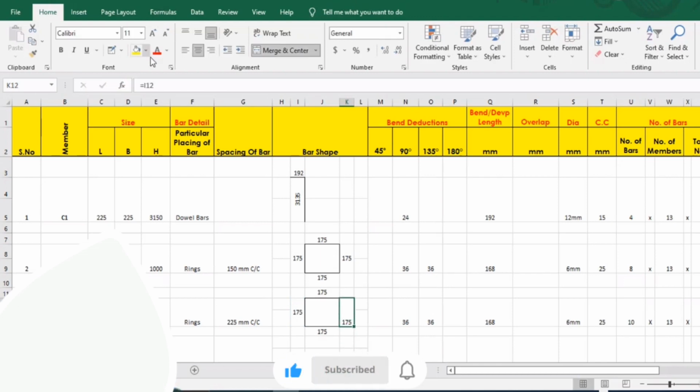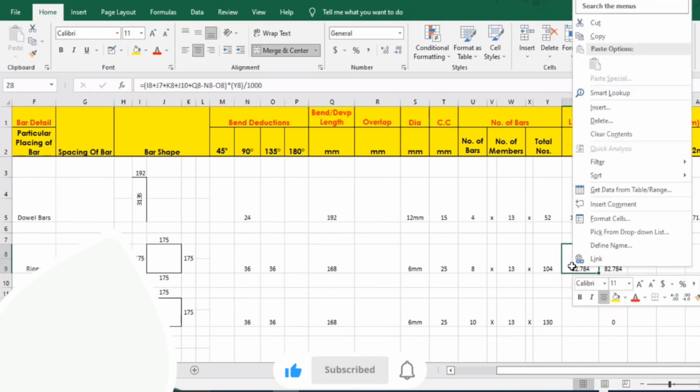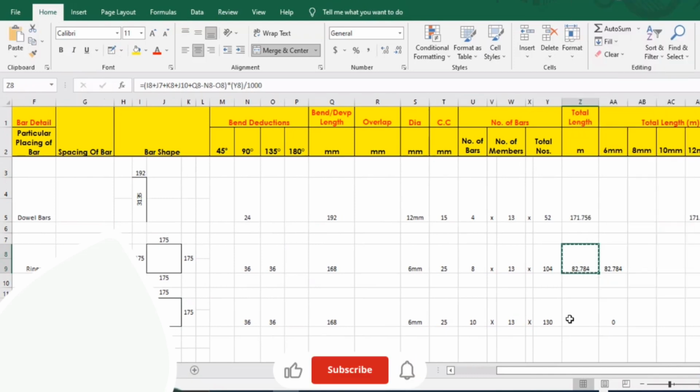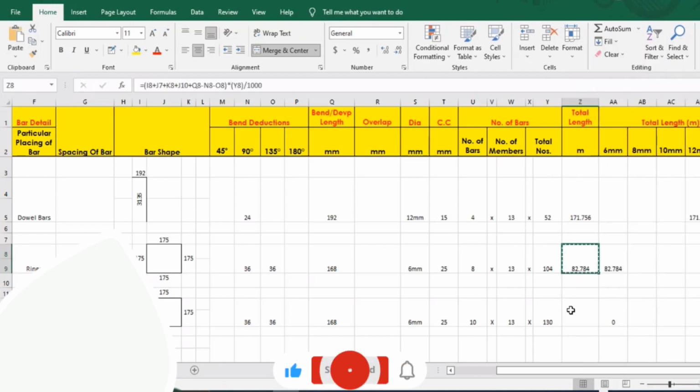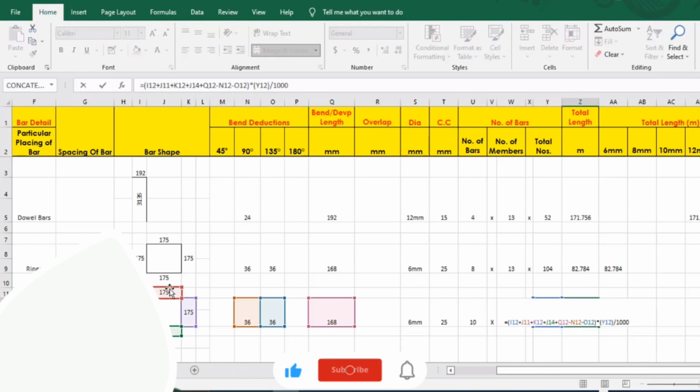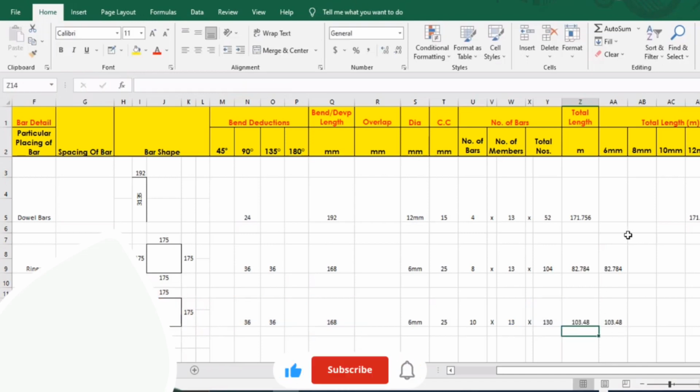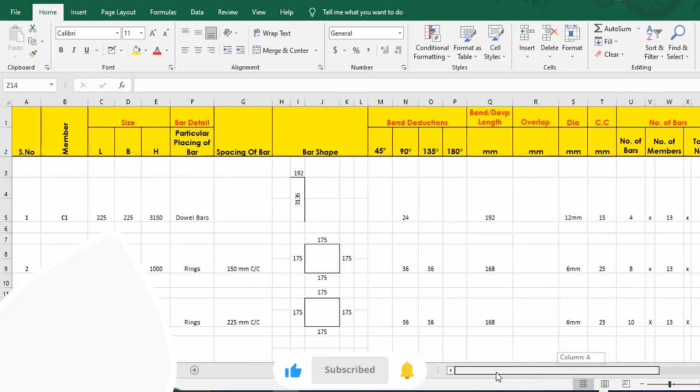Now in order to find out the total length, what we will do, we'll simply copy this formula and paste it over here. Let's check this one. Okay, copy it again, paste it over here, double click over here, and you can see this one plus this one plus this one plus this one plus hook length minus bend deduction multiplied by total numbers and divided by 1000, and you can see the values over here. So we have found the bar bending schedule here in the